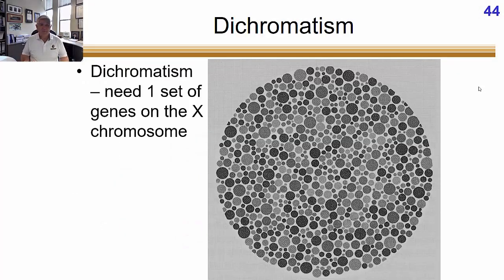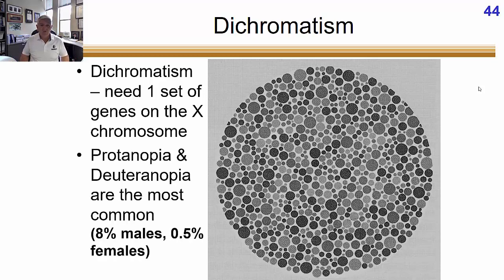So dichromatism happens when there's a mutation on the gene that's supposed to produce that photopigment, right? Those genes are found on the X chromosome. So this makes it a sex-linked disorder because remember, females have two X chromosomes, so they would have to have a mutation on both X chromosomes. If they only had a mutation on one, then the non-mutated version of the gene on the other X chromosome could produce the photopigment. So deuteranopes and protanopes are the most common types, as I mentioned.